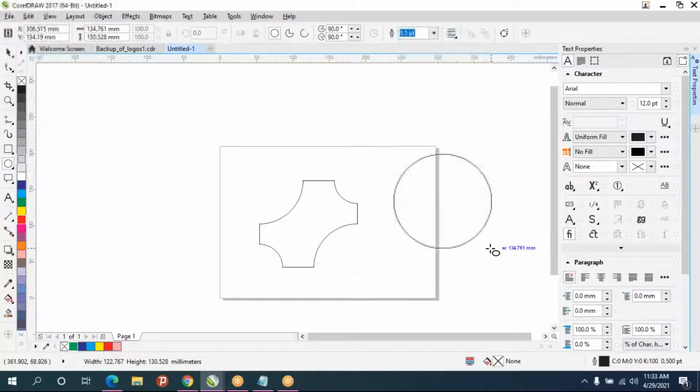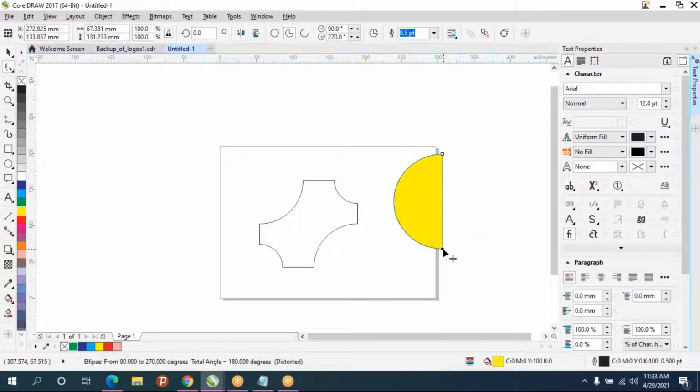And same for a circle also, but with a circle it will work a little bit differently. If you move outward, it will make a curve. After selecting the point, if you move inside, it will make a pie. I'll give color. If you move inward, pie; outward means only an arc.